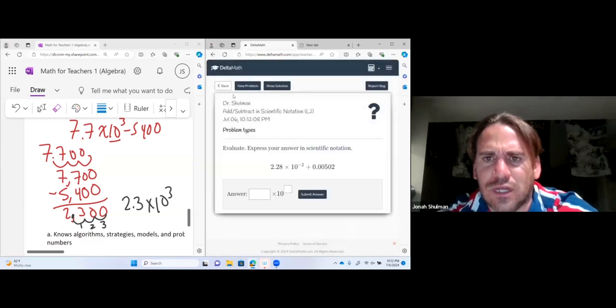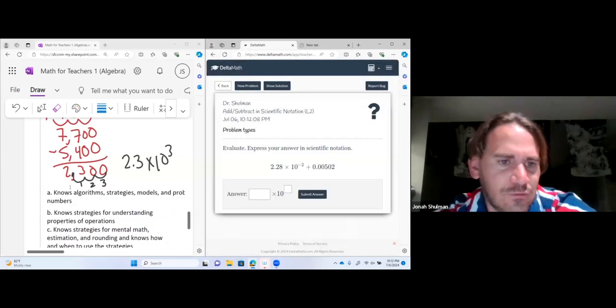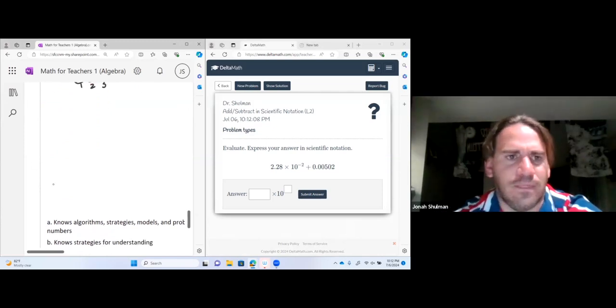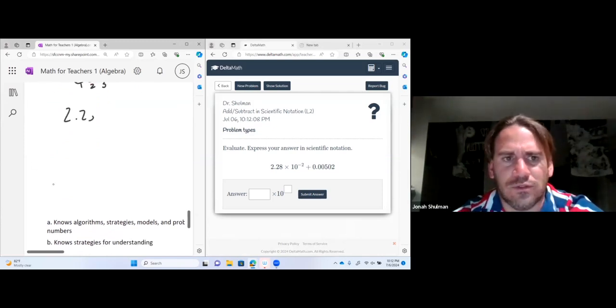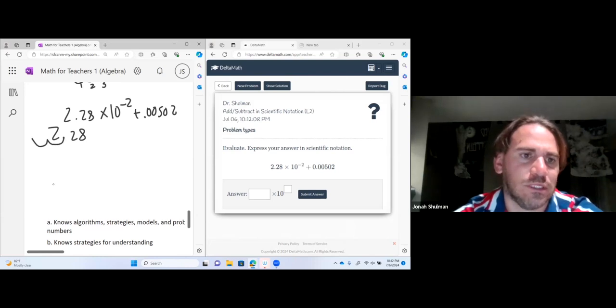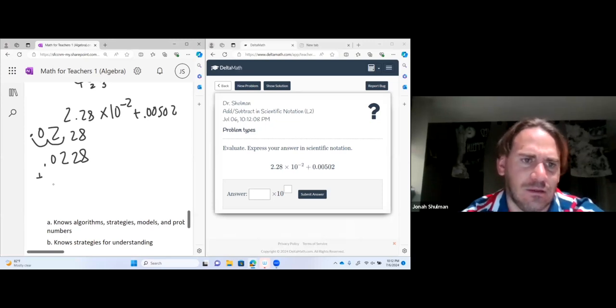Now we get to add and subtract. Oh, we got a level 2, a toughie. All right, so here we go. 2.28 times 10 to the negative 2 plus 0.00502. So the first thing is your 2.28. Got to move it over one place, two places. So we got 0.0228. We want to add